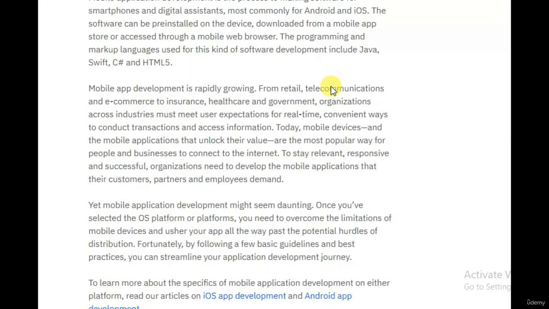Today, mobile devices and the mobile applications that unlock their value are the most popular way for people and business to connect to the internet, to stay relevant, responsive, and successful. Organizations need to develop the mobile applications that their customers, partners, and employees demand. Yet, mobile application development might seem